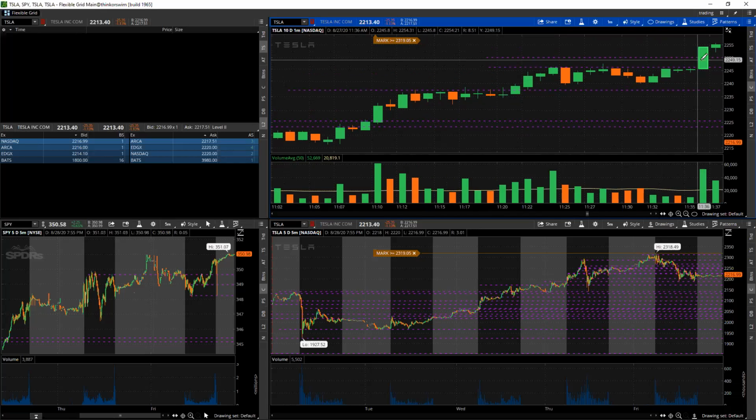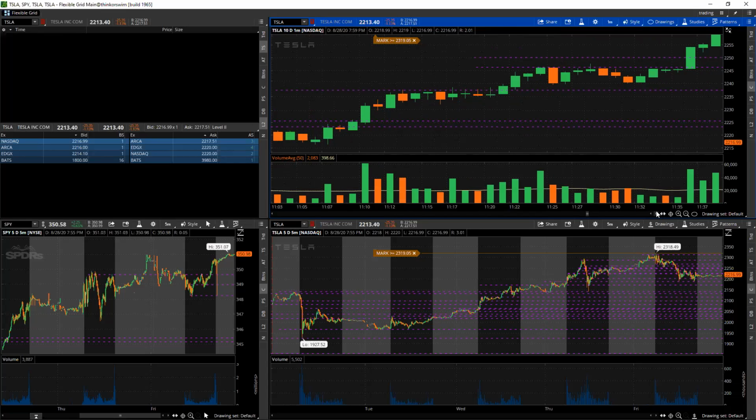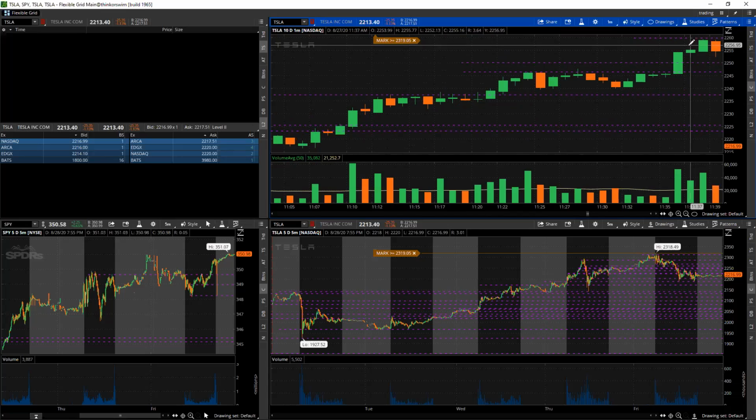And then my next entry was as the tape sped up and I saw volume picking up as it pushed, I got it. And then I caught like part of the rally up. I got out about here. So the key is these happen a lot. You cannot have like a 90% win rate scalping unless you're taking only plays way after confirmation, which means you miss a lot. But the key is you execute on your way out quickly.